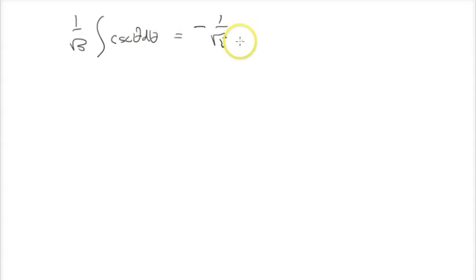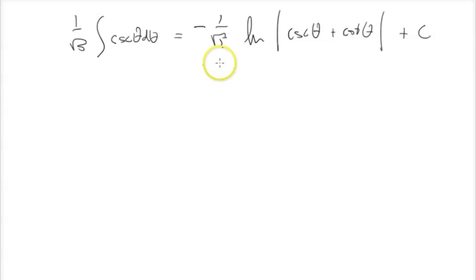So we have 1 over root 5, the integral of cosecant theta d theta, and that is equal to 1 over root 5, but we have a negative in there for the co, and that will be the natural log of cosecant theta plus cotangent theta plus c. Now what we have to do is get rid of the theta and put this all back